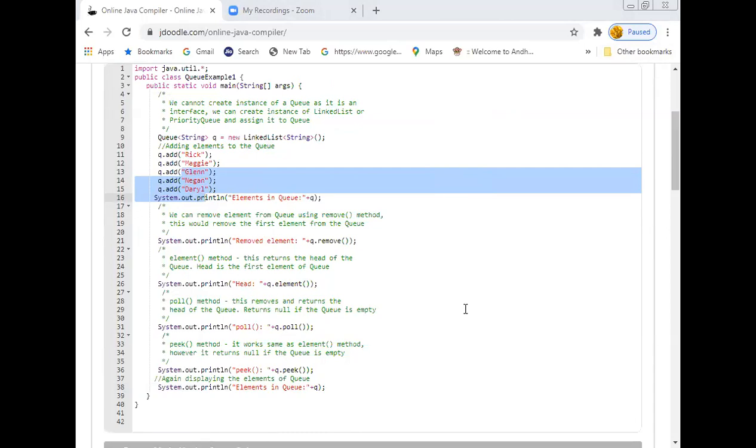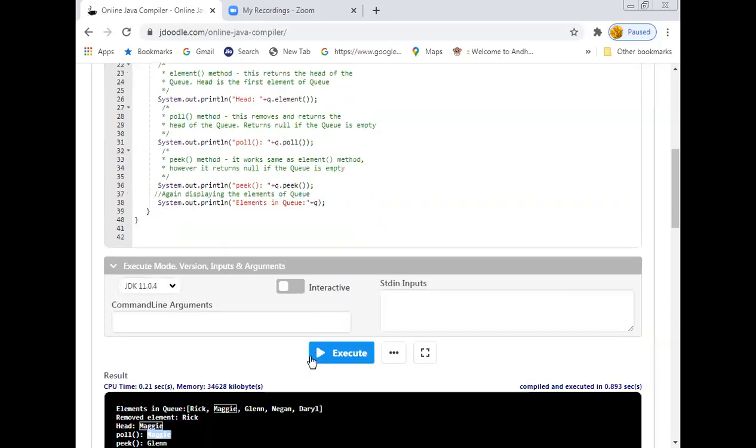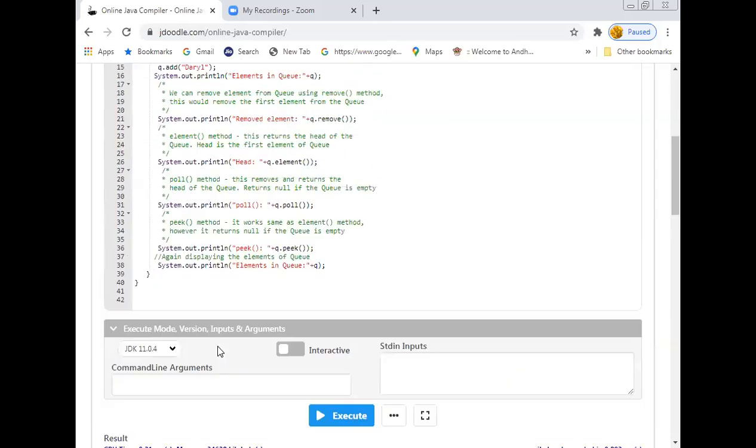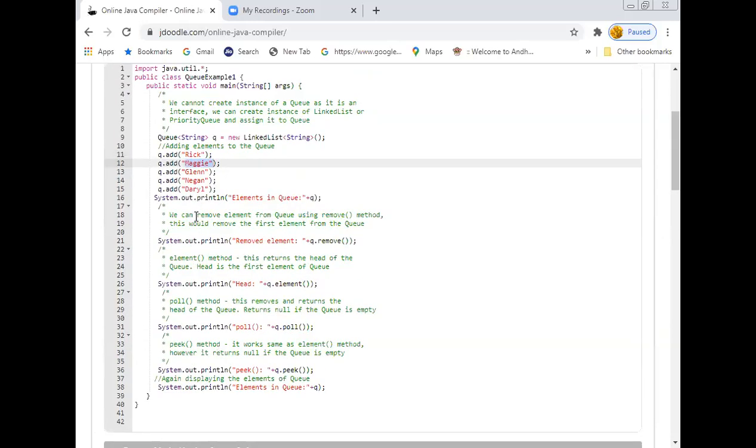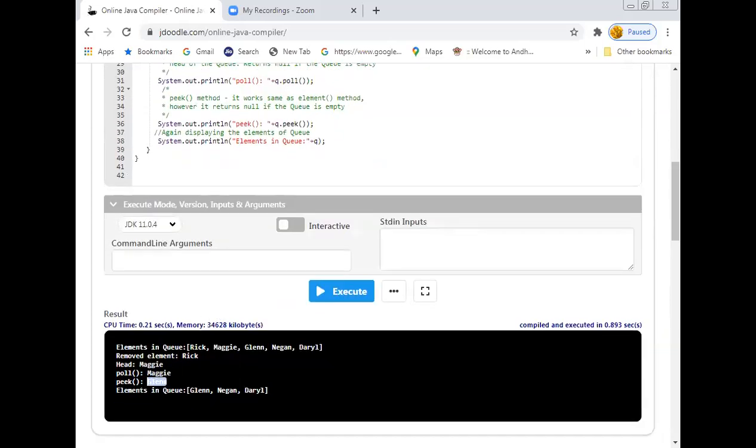So it will display the topmost element. What is the topmost element? Glenn, because we have removed these 2 elements. One was removed with the help of the remove method, and another with the help of the poll method. So Glenn will be displayed, as Glenn is now the head position. You can observe it here itself.